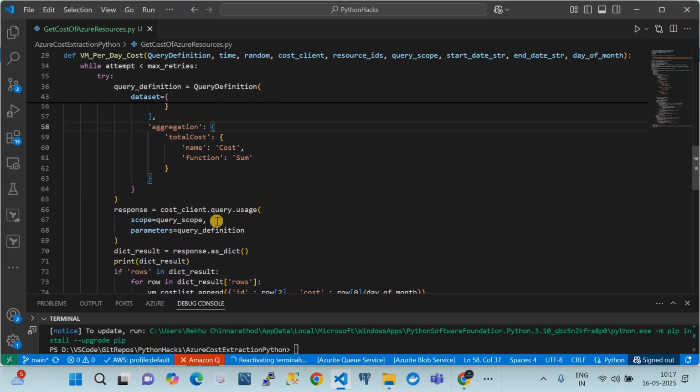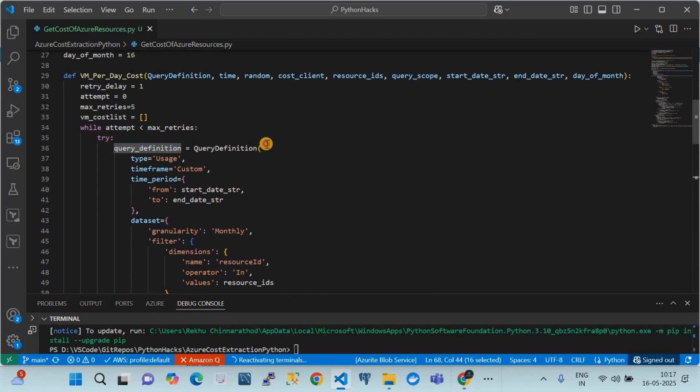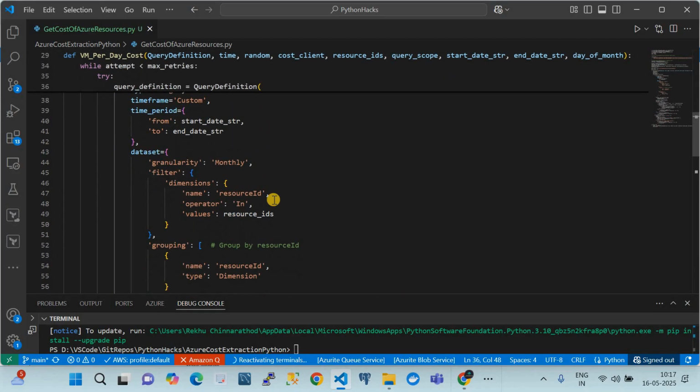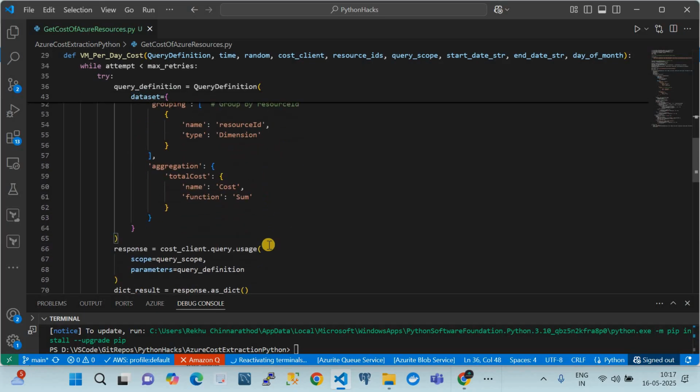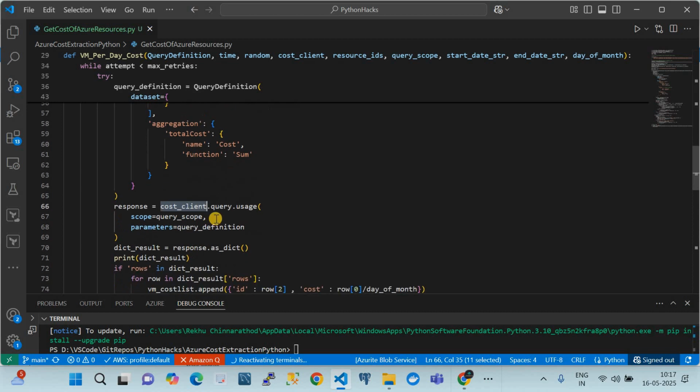Once you have that query definition ready, which is basically a tuple, right? And that is being passed here. So now we are using the cost client and calling a function called query. Within the client, this is a class basically. From the cost client, we are calling a class called query. From that class, you are